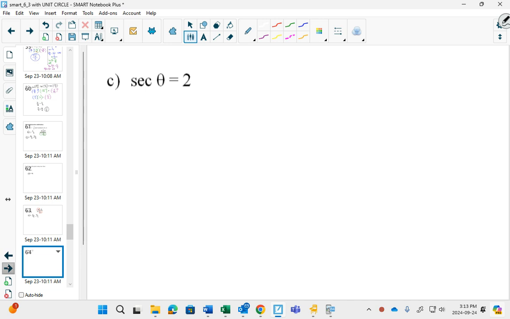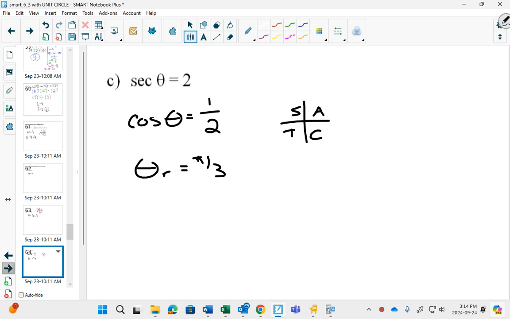Anytime you get one of the reciprocal ones, first step: if secant theta is 2, well then cos of theta is 1 over 2. These are identical. But now we can use our pi plate. What family gives us 1/2 for cos? Again, since I've memorized that sine of pi over 6 is 1/2, I'll know my reference angle here has to be pi over 3. And since it's positive, it's going to be in quadrant 1